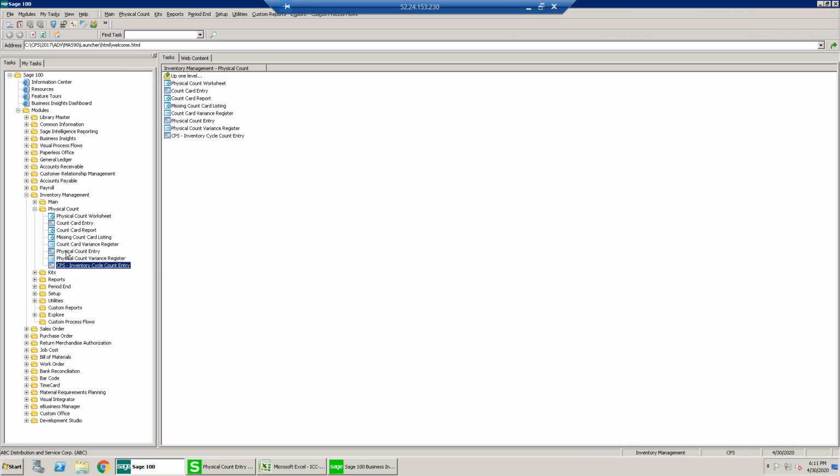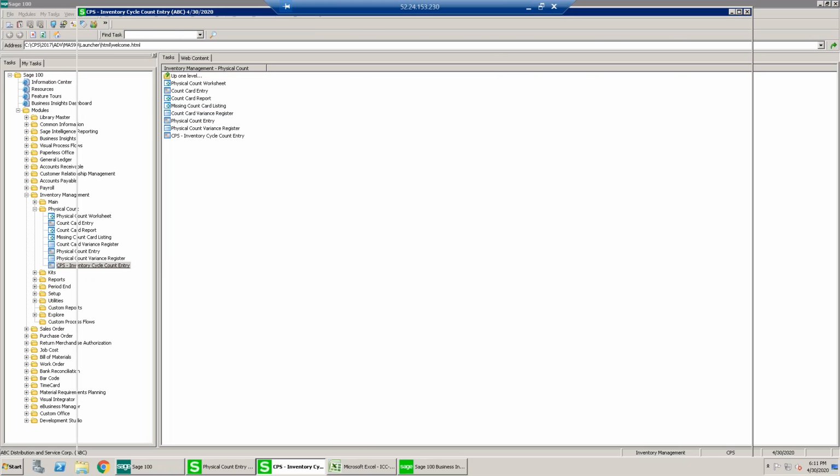All right, so you'll see here, I have Sage 100 open, and we have created our software under inventory management, under physical count. Once you acquire the software, the module will be placed here called CPS Inventory Cycle Count Entry. And upon opening it,